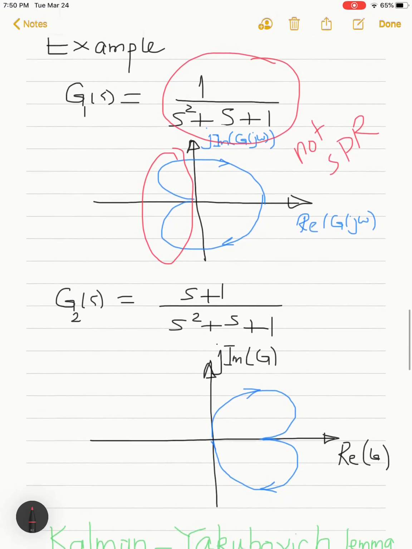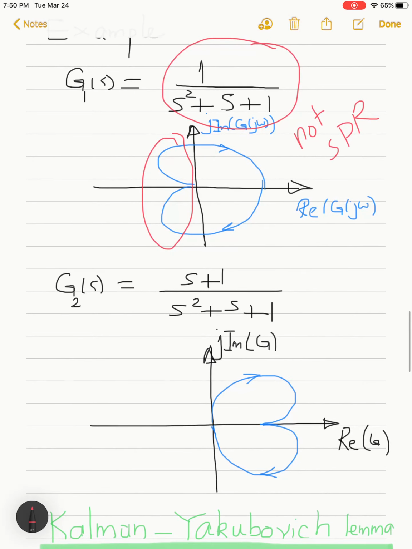While if you have a transfer function like this one, and you plot the Nyquist plot, you'll find the whole Nyquist plot in the right hand side of the complex plane. So this is an SPR